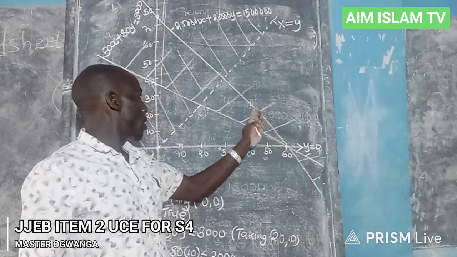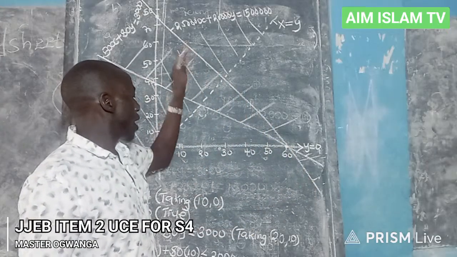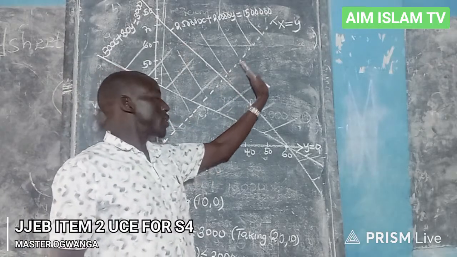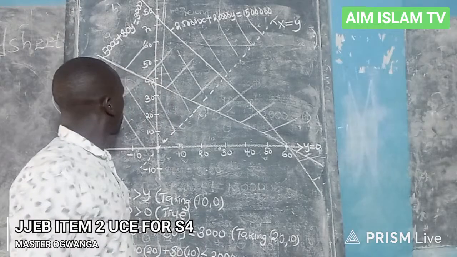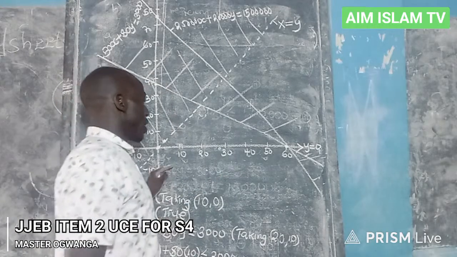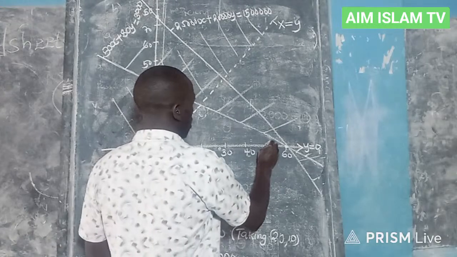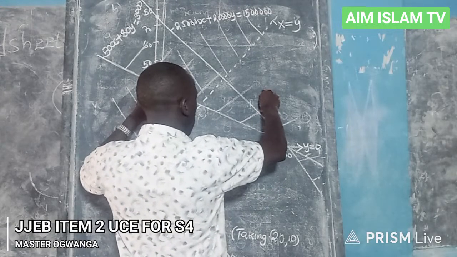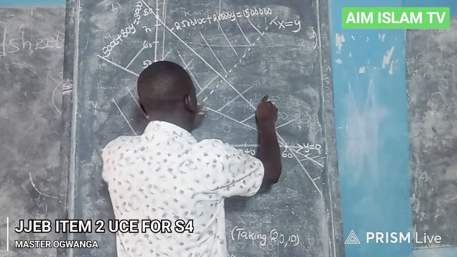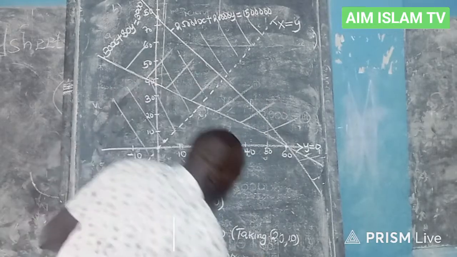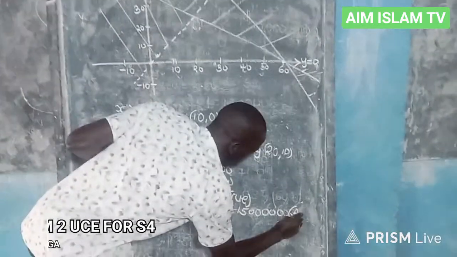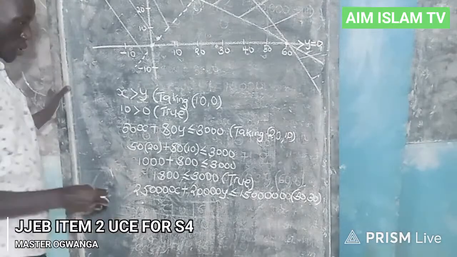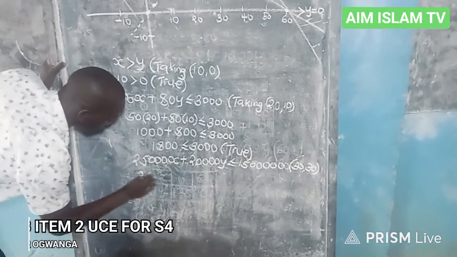So in this line, also I'm going to take any point that will not be lying on this line. Like for example, this time round, I want to take the point which is that side. If I take the point which is that side, I may even just come and consider any point. Let me say I have considered the point 50 and 30. So if I come and use the 50 for x and 30 for y, substitute, you have the